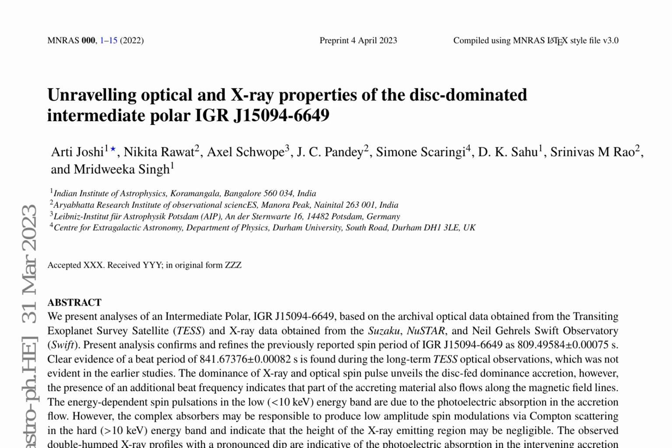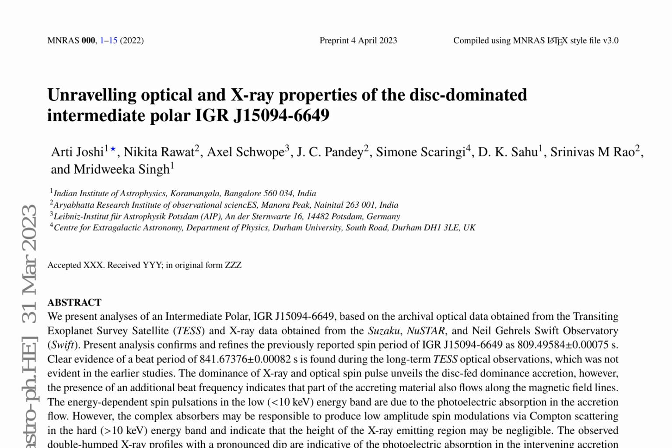The research paper presents an in-depth analysis of the intermediate polar IGR J15094-6649, utilizing archival optical data from the Transiting Exoplanet Survey Satellite, TESS, and X-ray data from Suzaku, NuSTAR, and the Neil Gehrels Swift Observatory. The analysis confirms and refines the previously reported spin period of